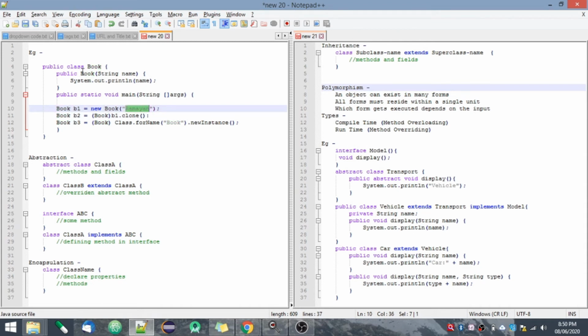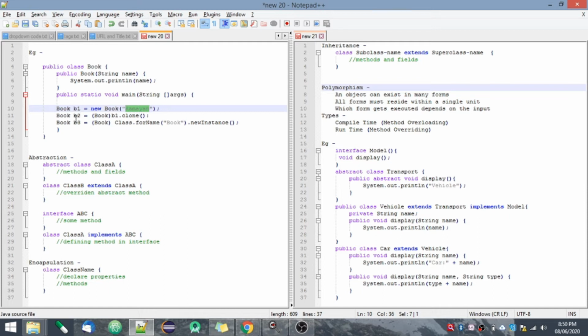I have created here a constructor with the parameter string name, so I have to provide a name for the book, and I've provided Ramayana. You can simply put empty braces as well. This object will be created and it will contain a string named Ramayana.